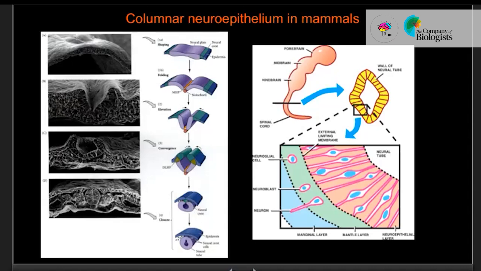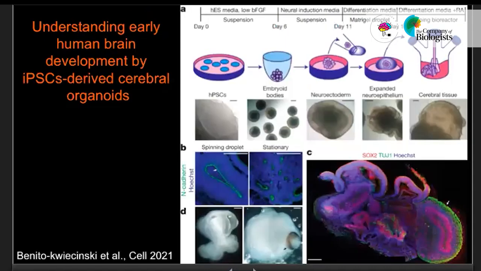Cerebral organoid labs are now recapitulating these stages. I'm interested in the very, very early neuroepithelia stage before neurogenesis takes place. Many people are studying neurogenesis as well, including Madeleine. So we are looking at these cerebral organoids. This is, again, the same paper from Madeleine Lancaster lab. Our interest relies on these very early stages of the neuroepithelia, which is